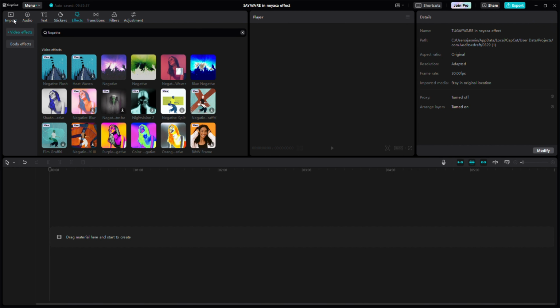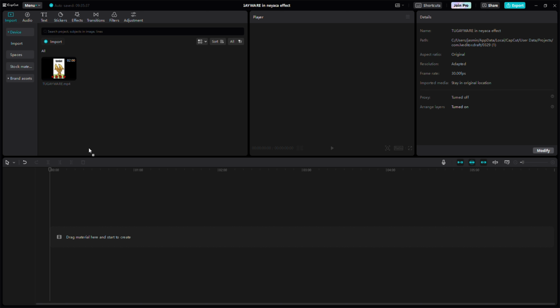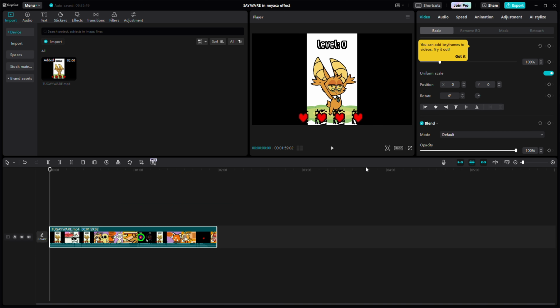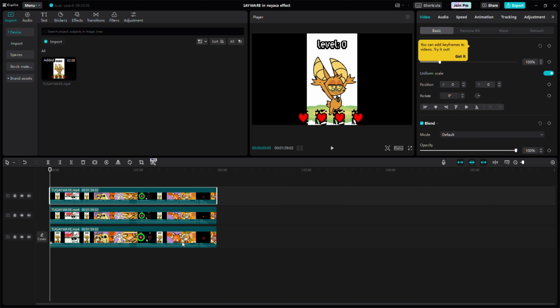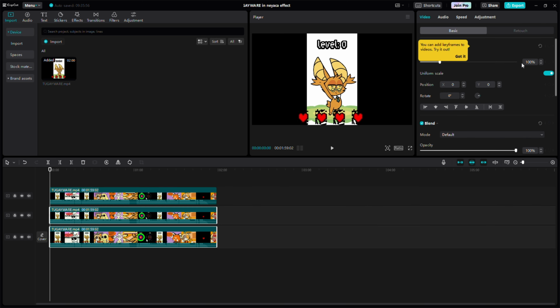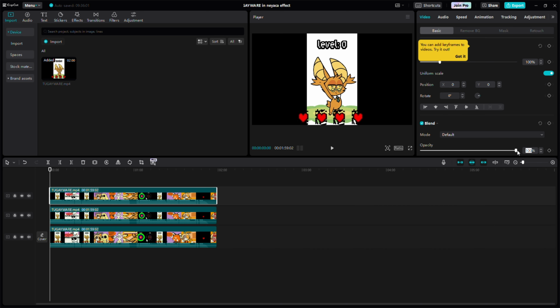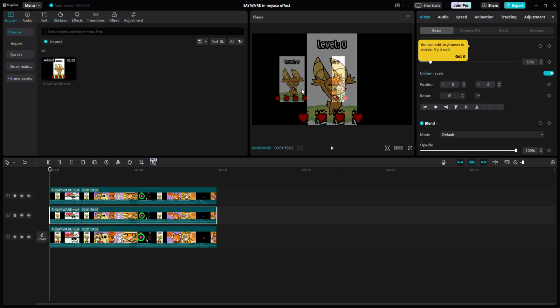This is how you make the Neyaca effect. Place your veil here and duplicate. Set size to 50 and make the opacity to 50%. Drag it to a random position